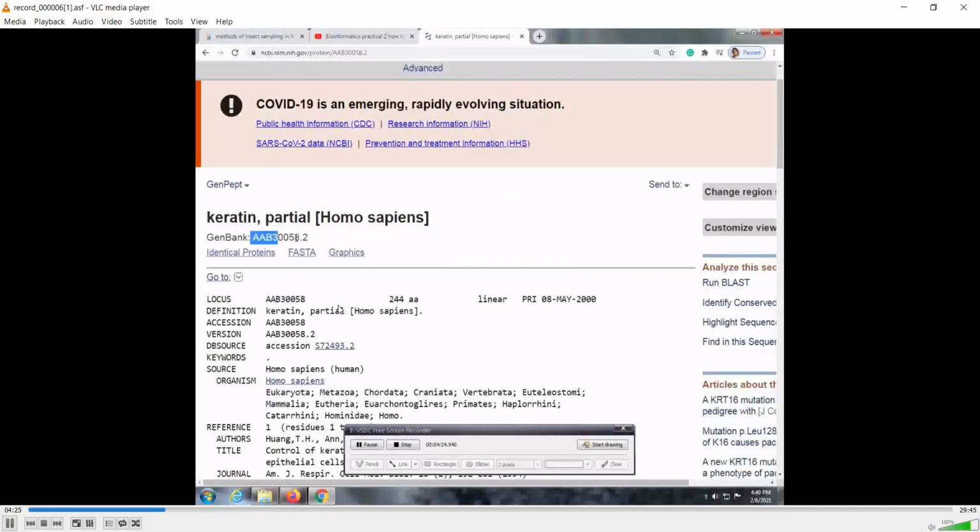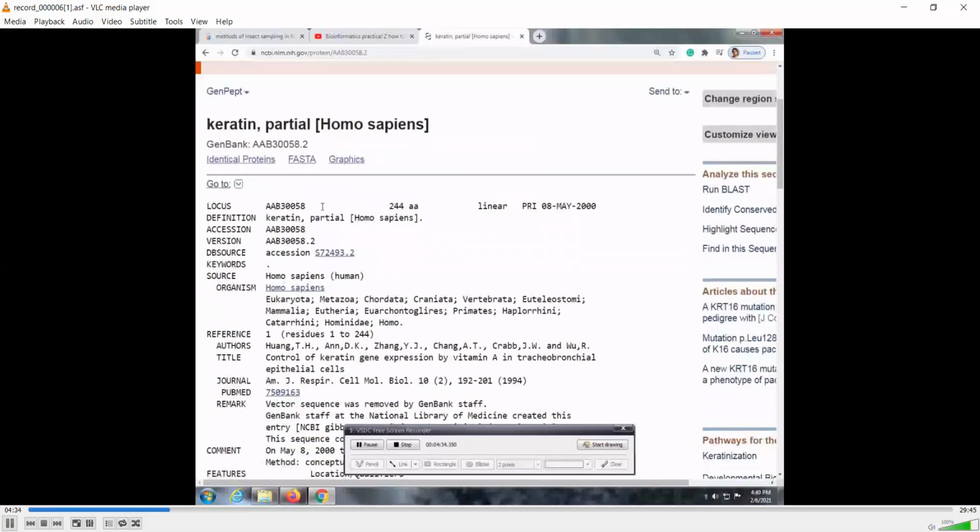So first of all, here is also an accession number, and then this is FASTA. FASTA and graphics are two options by which we are going to search their formats. There is one FASTA format, which shows you a text format, and graphics shows you the graphical form, like a diagram or a chart. So these are the options, and then you see there is the origin or source of the organism, Homo